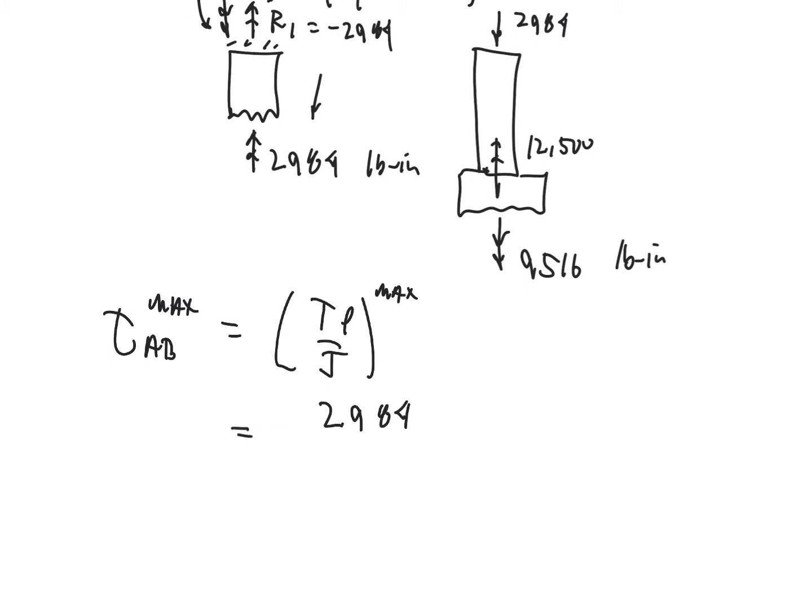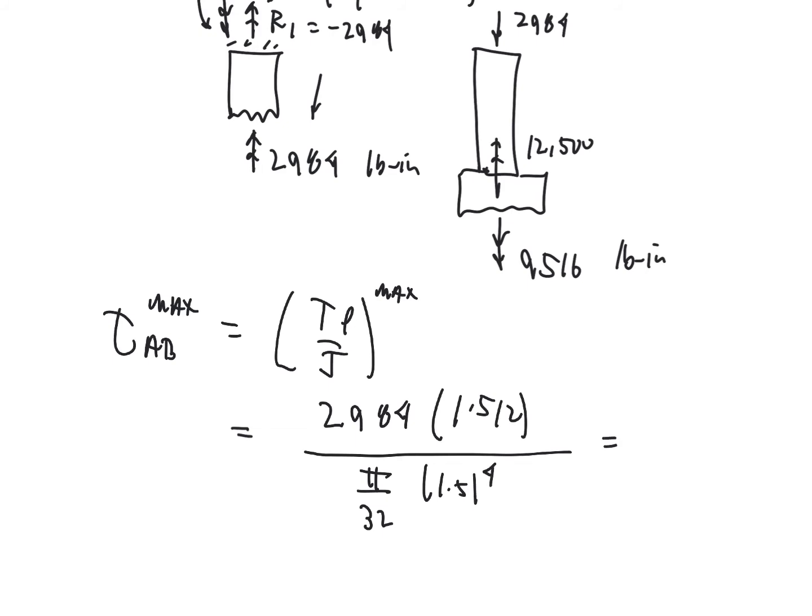Remember, all we care about for these particular problems are the values, not the signs. So the value of rho is half the diameter, so that's 1.5 divided by 2, all divided by J, and that's going to be pi over 32 times 1.5 to the fourth. And that turns out to be equal to 4503